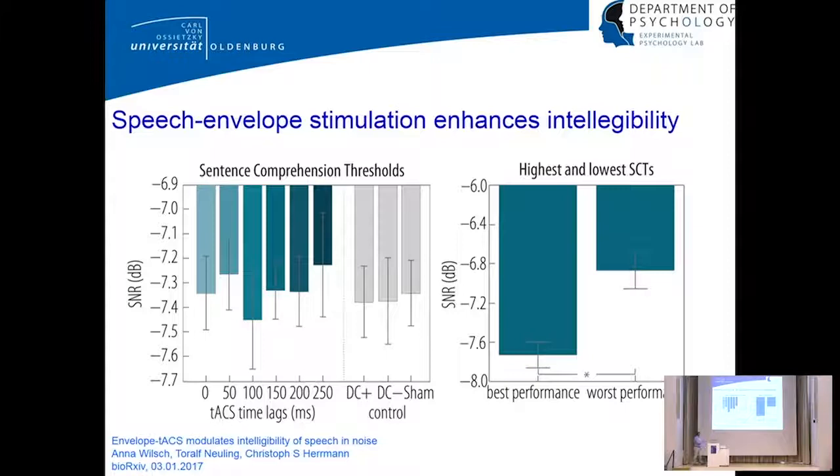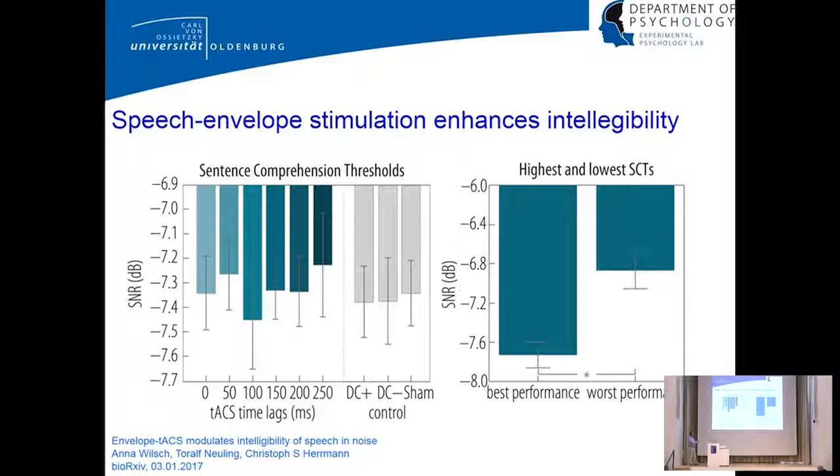So here we see the signal-to-noise ratio of the 50% threshold of the sigmoidal function for the 3 control conditions. And here we see the different latencies. And again, you see that both things happen. There are latencies at which it gets worse and at which you improve the intelligibility. If we did the same as what the reviewers requested for the previous study, if we compare that average across subjects, and therefore since not everybody has the same best latency, if we look at the best latency in every subject and compare to the worst latency in every subject,